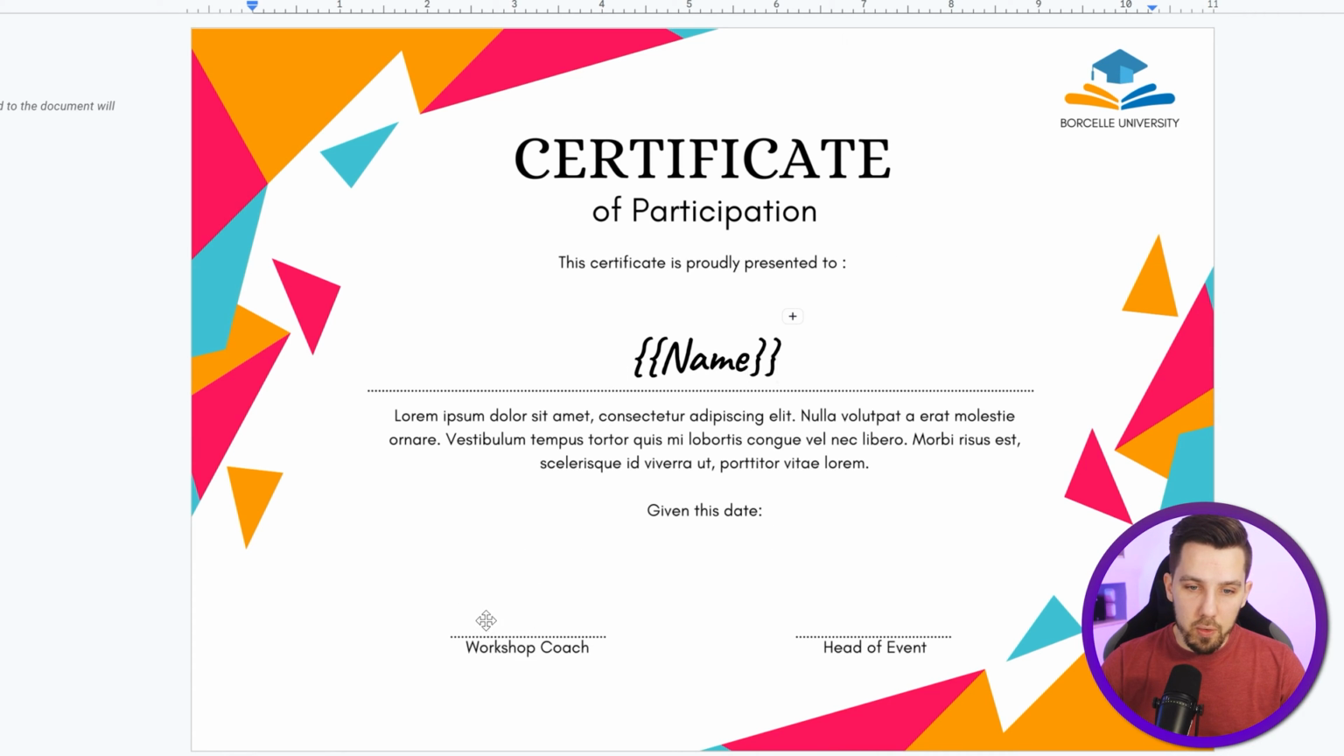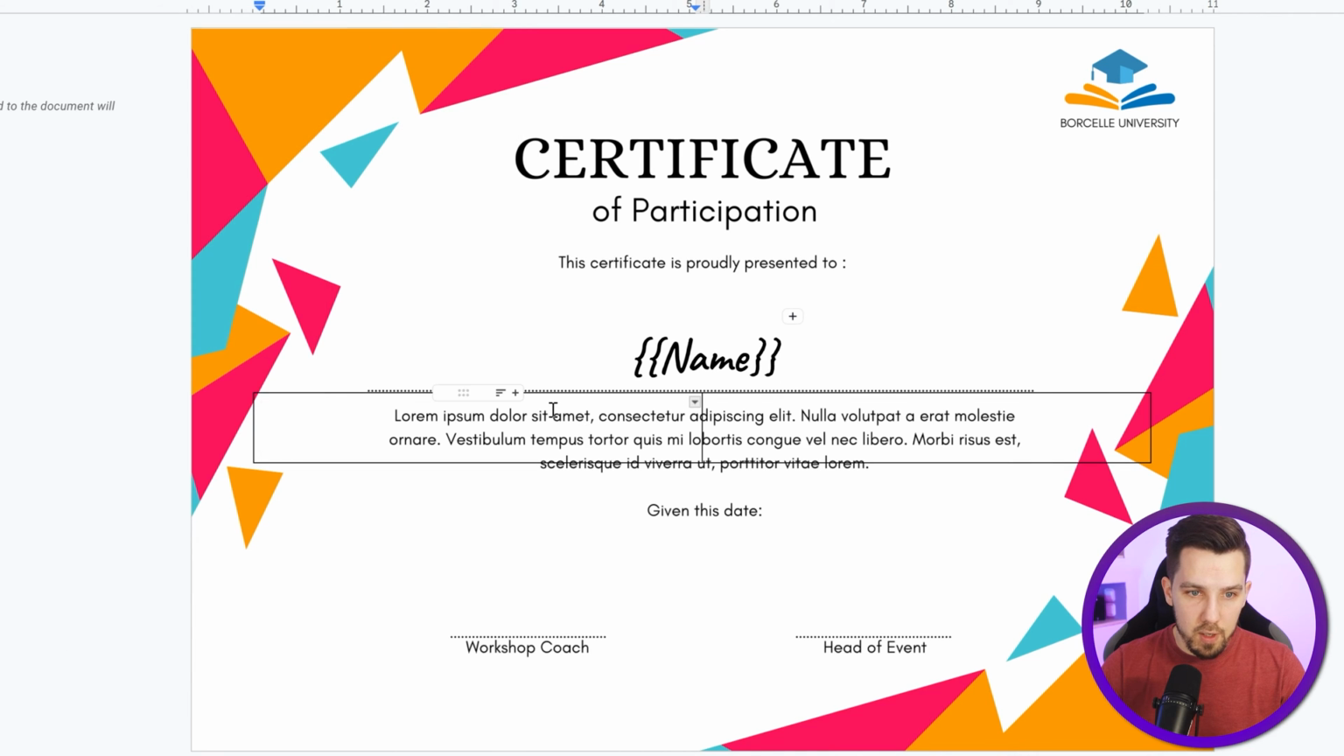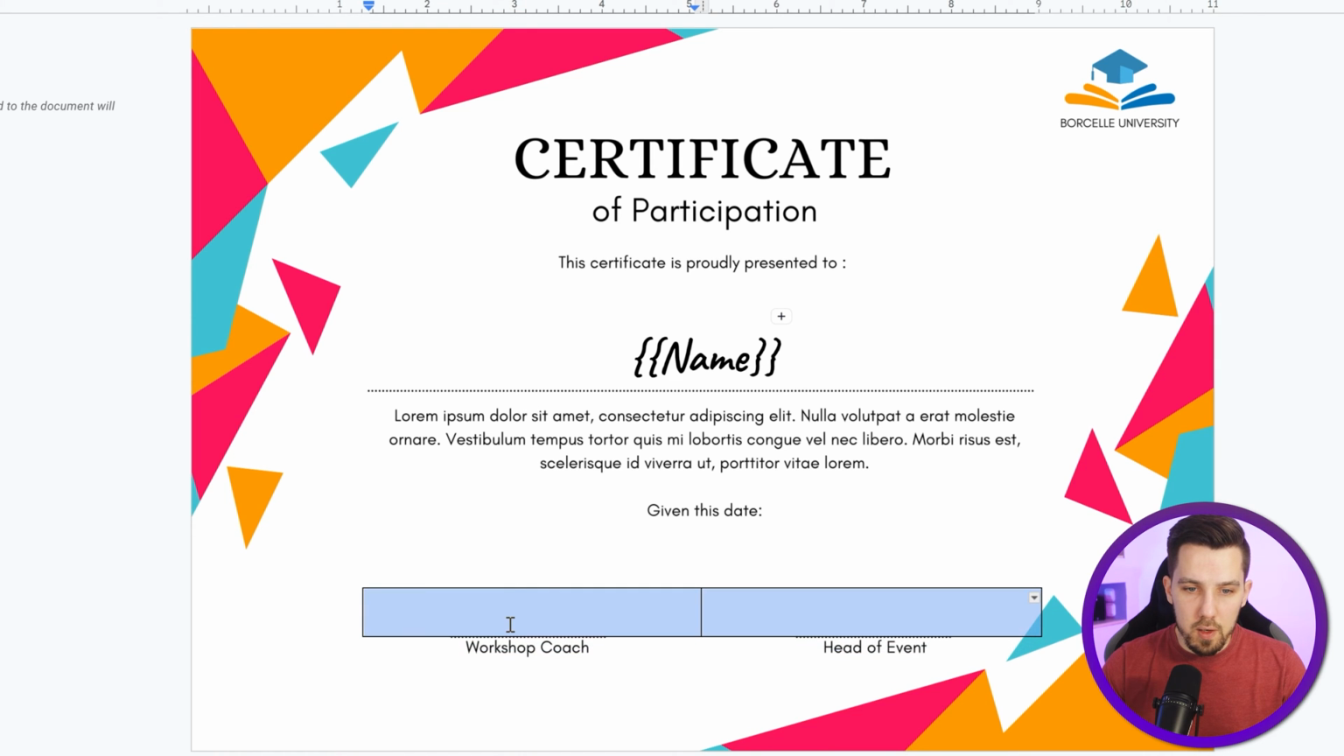And then we can also include the workshop code and the head of event. You could even insert a table here and say, okay, I want to have a table. So the table size would be more or less so that the dotted line is centered on the table cells, and then we can make this centered again. Let's also align it, and then let's reduce the font size like this. And now we can say, okay, this is the coach, and then on the other side we have the head of event,